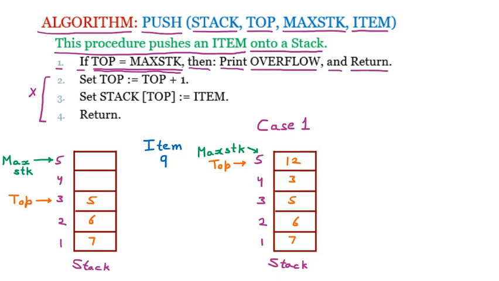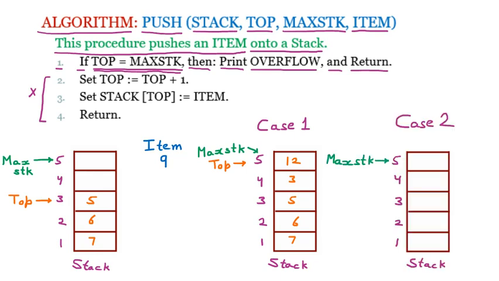Now I am taking case 2. In case 2, we are taking that the whole stack is empty and max stack is pointing to 5. Max stack means how many maximum elements can be stored, which is 5, but this time the stack is empty. Whenever the stack is empty, top will be 1 minus the starting value. The stack starts from value 1, so top is pointing to 1 less than that, meaning 0. Top is down, meaning it is below the value. So top is not pointing to any of the places from 1 to 5, but 1 down.